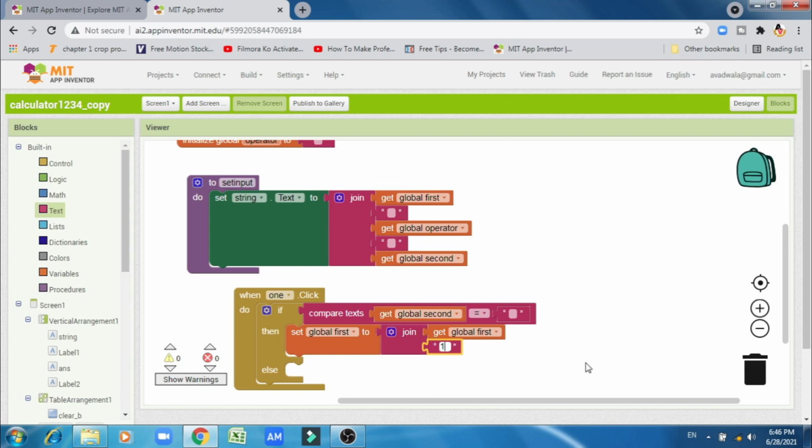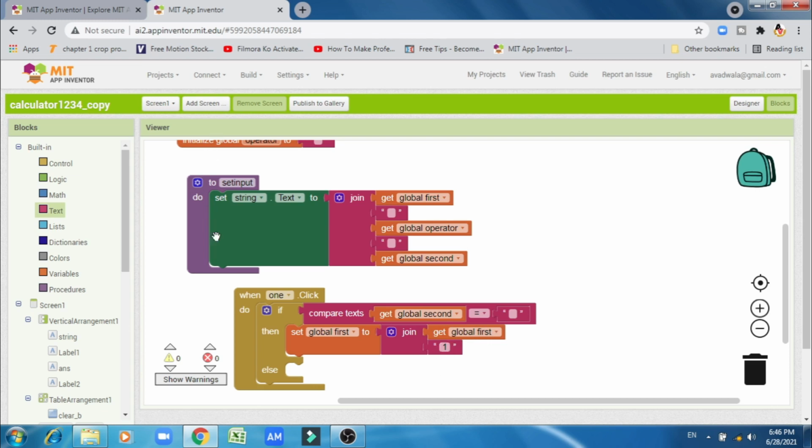So when you press one button, it will check the operator. When there is no operator, then it will set global first to first, and if the operator is empty, then it goes for the first number.